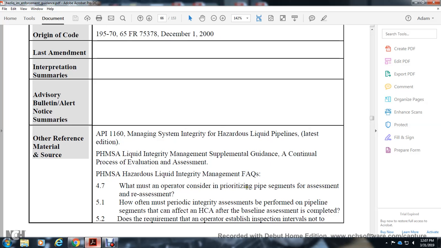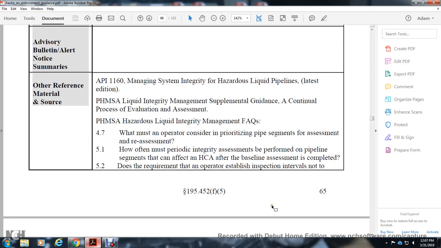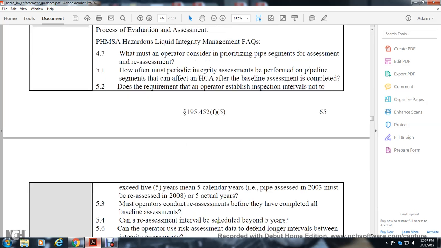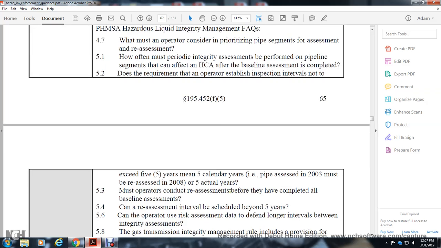must of the operator of the prior isolation pipe segment, the assessment and reassessment. 5.11 How much of the periodic integrity assessment must be performed in pipeline segment that can affect the high consequence area with the pipeline applicability. If the requirement of the operator establish the inspection interval not to exceed 5 years or more, mean than 5 calendar years in pipeline for the 2003 reassessment 2008 or actual 5 years. The operator must conduct the reassessment, perform and have completed all the base assessments. 5.4 With the reassessment interval to be covered beyond 5 years. 5.6 Can the